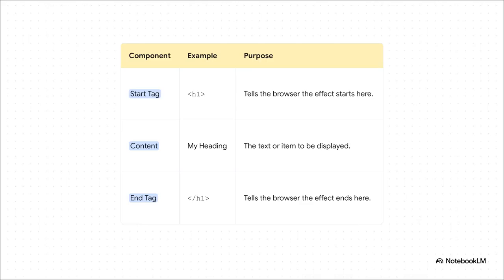Let's break that down with a real example. It'll make perfect sense. So here we've got a start tag, H1. This is for a big main heading. Then the content, the actual words, my heading. And then look closely at the end tag, H1. See how it looks just like the start tag, but it has that little forward slash? That slash is everything. It's the universal signal in HTML that tells the browser, all right, this particular instruction is